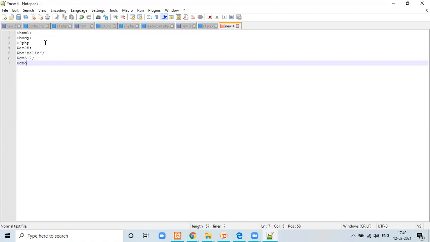Now I am going to print the value of A, using echo $A. I'm going to add a line break, so to have a line break, we have to enclose it in quotes.